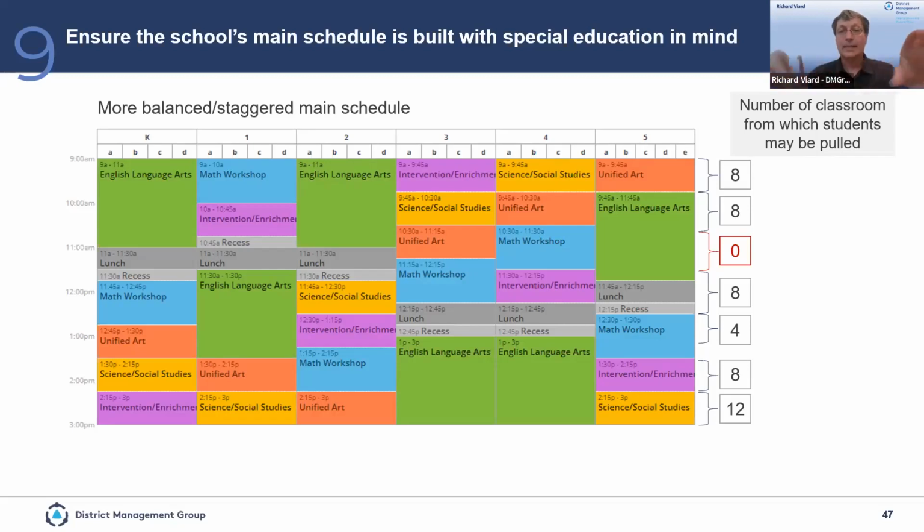You could also stagger these small groups across the different grades, so that you don't have too many classrooms to serve at once. So it's very important to look strategically at the main schedule in terms of where special education is going to take place. And depending on your school, if you have a lot of pull out or a lot of push in, this may result in very different homeroom schedules. But essentially, working in conjunction with the homeroom teacher and the specials teachers, having special education at the table helps generate a better schedule.